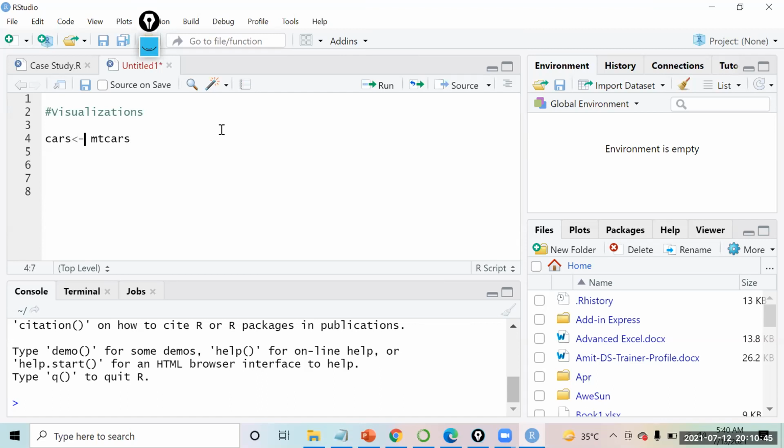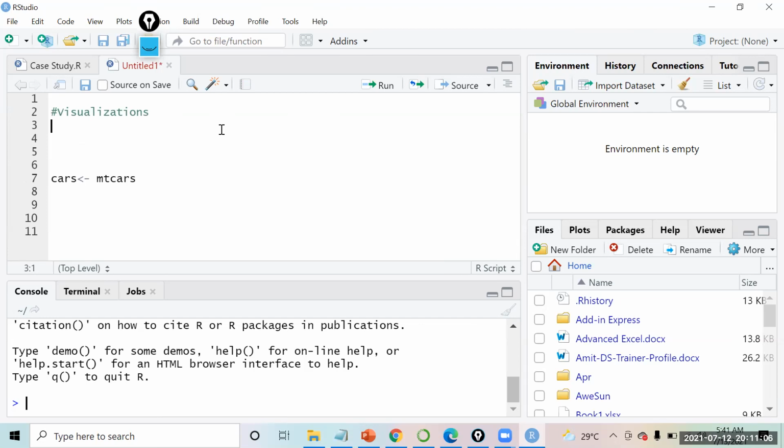See, when we talk about visualizations in R, this is definitely the charts and graphs that you can create with the help of R. There are a lot of packages available which help us create quick visualizations.